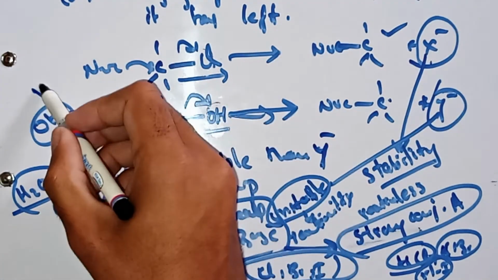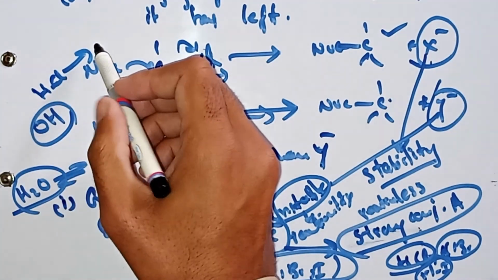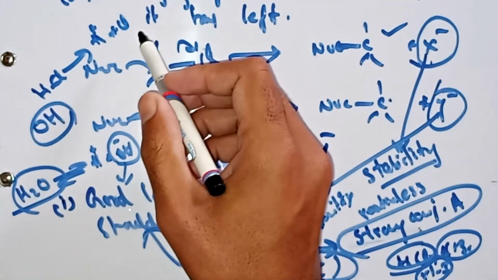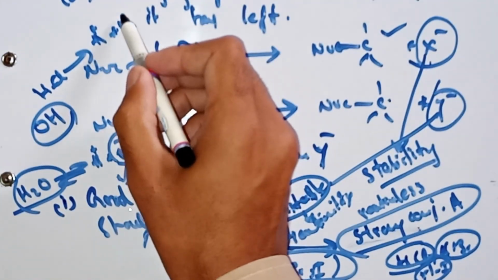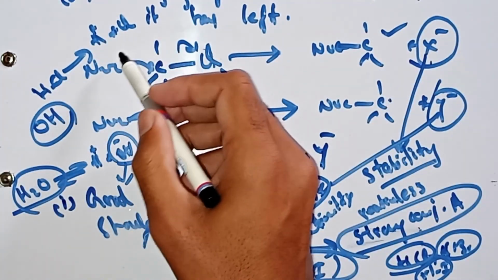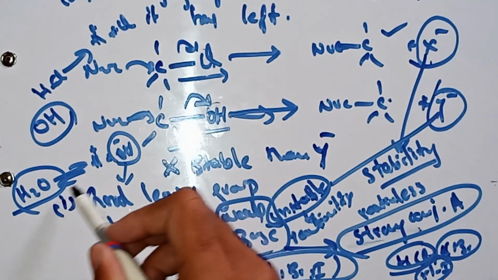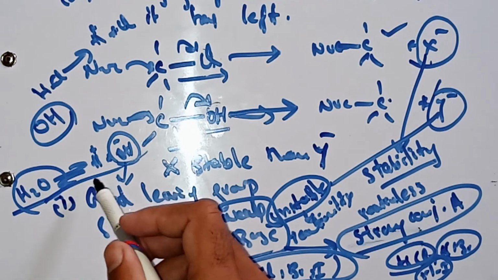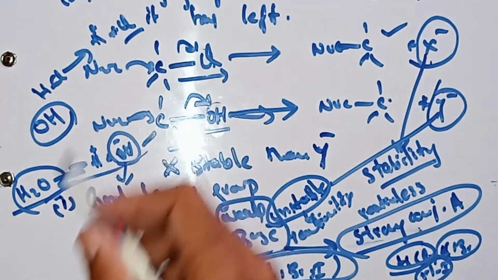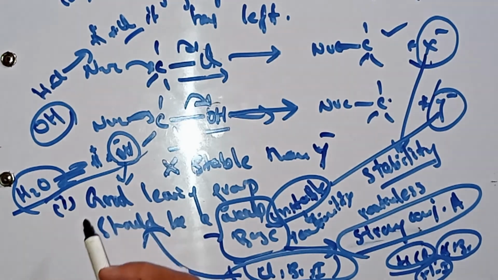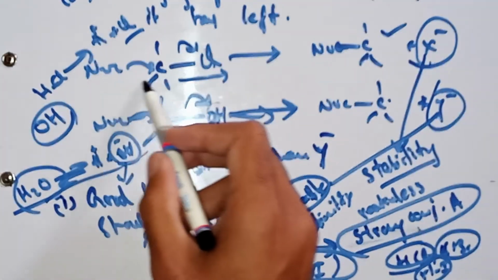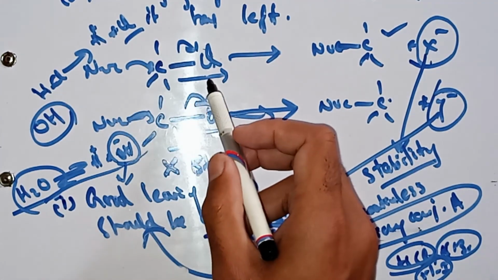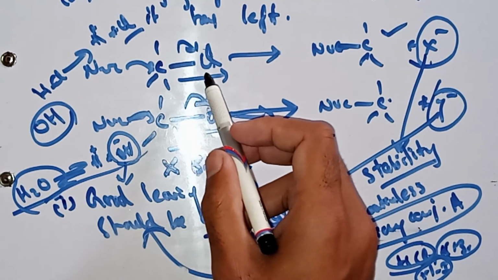But in chlorine, in HCl, when it dissolves, it dissociates into H+ and Cl-. In this solution, the chlorine is not strong enough to attack the proton as rapidly as the hydroxyl ion does, which reacts very fast. So that's why chlorine is a weak base while hydroxyl ion is a strong base. Now the nucleophile attacks the carbon of the substrate to which chlorine is attached. So chlorine is a good leaving group